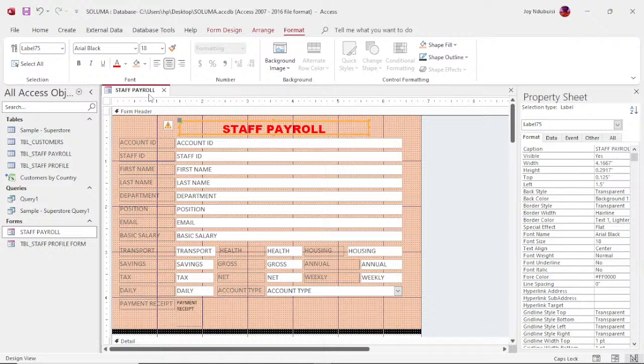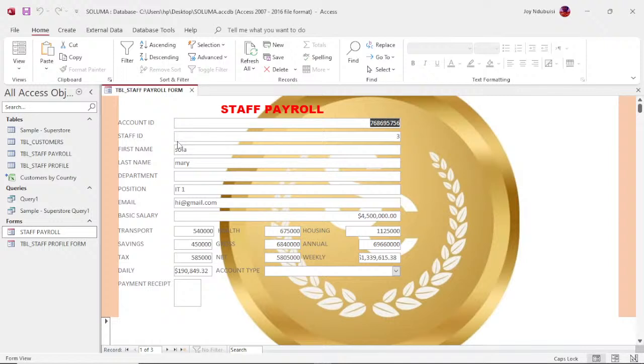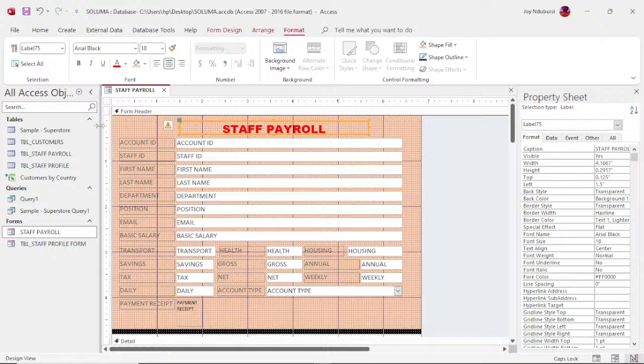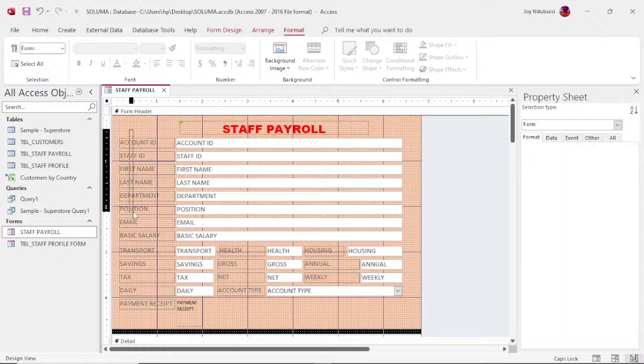Okay, now these are the certain things we can do as regards to the form. So with this you can rearrange your form. Look at this, the font can be changed. The color can be changed. If the color is not okay, we can go to this stuff,